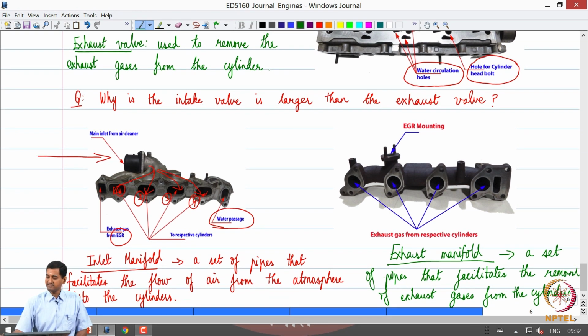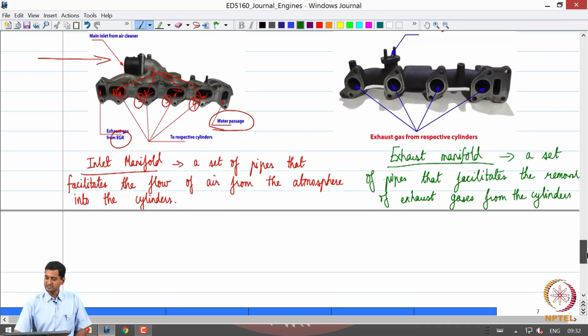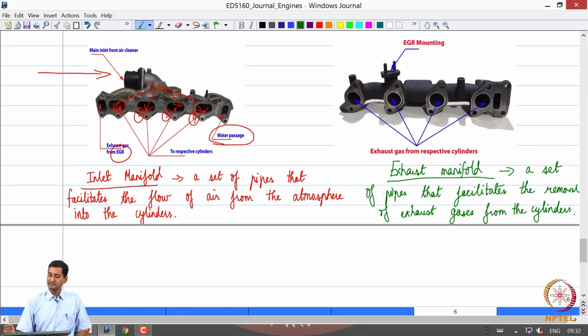Okay. So, that is the function of an exhaust manifold. Once again you can see that there are 4 paths 1, 2, 3 and 4. Okay. So, through these 4 paths the exhaust gases are removed.